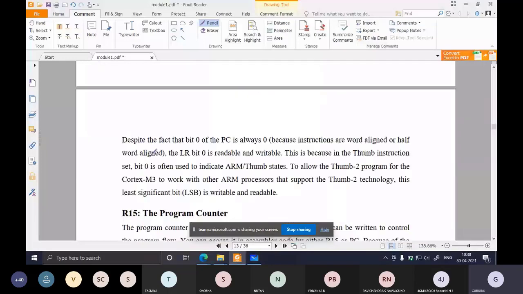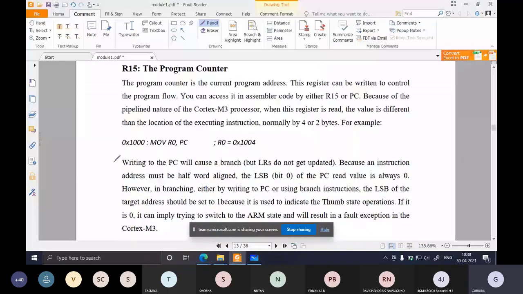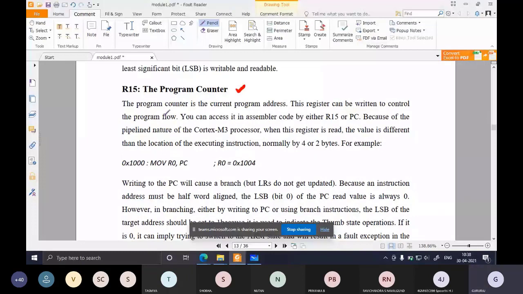So next we'll move on to the next special function register, which is known as the program counter, PC. We just talked about PC and how PC will be used. The program counter is the current program address. This register can be written to control the program flow. You can access it in assembler code either using R15 or PC.